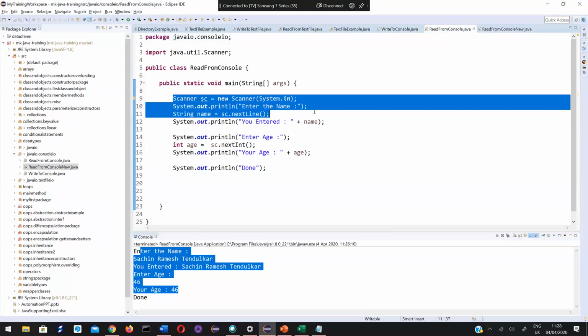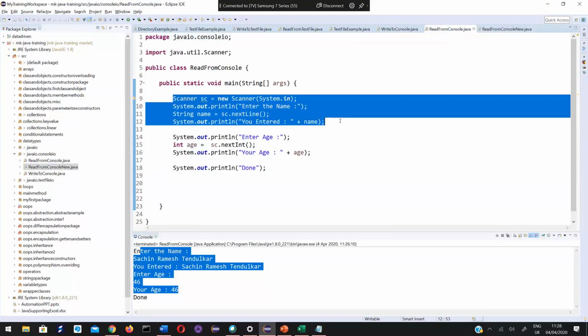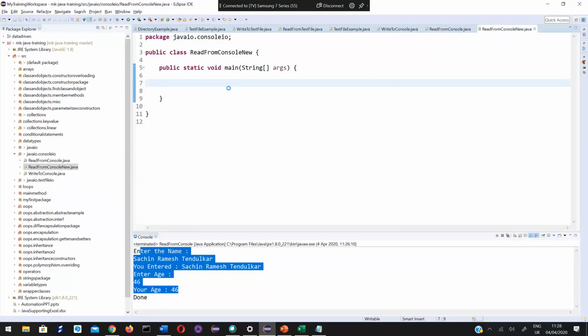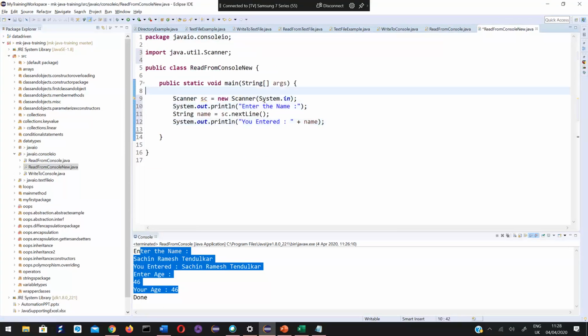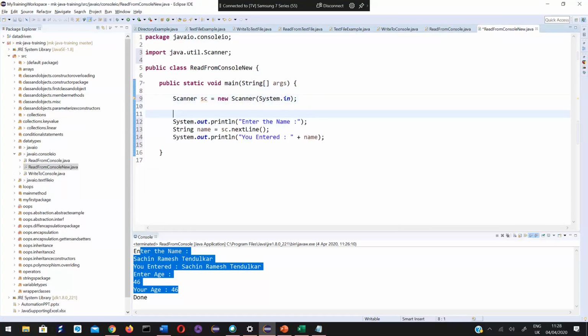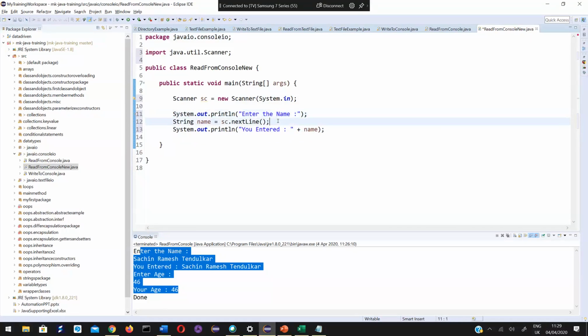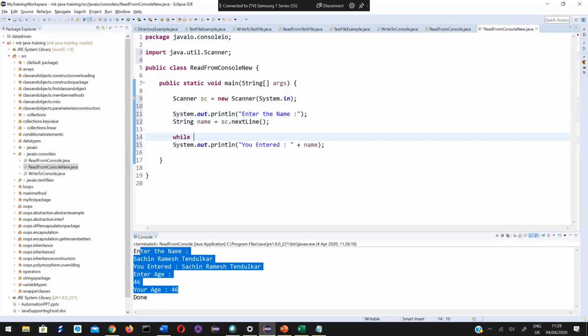I will put everything in a while loop. I need to first read that value.